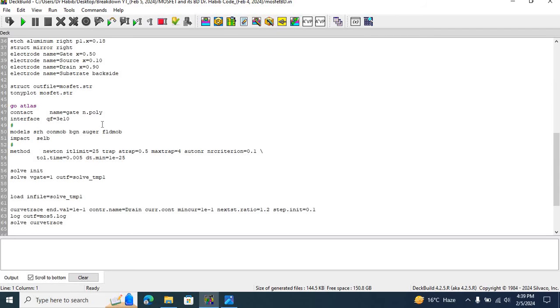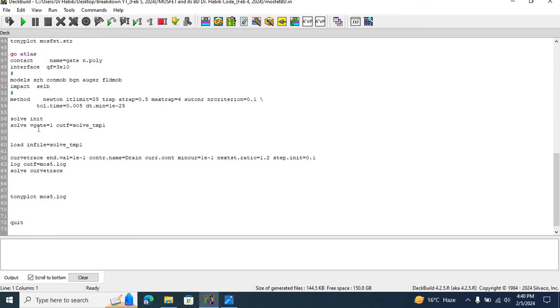We introduced different models, as already discussed, and impact ionization is the model used for performing the breakdown simulation of this structure. I have adopted the Newton method for the simulation of the structure, and solve initial for an initial guess under thermal equilibrium for some parameters of the structure,